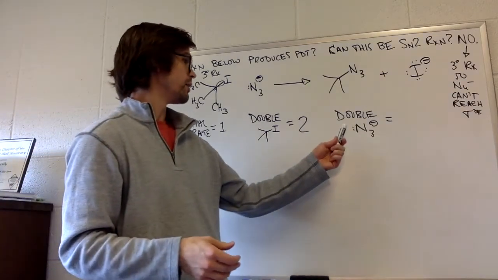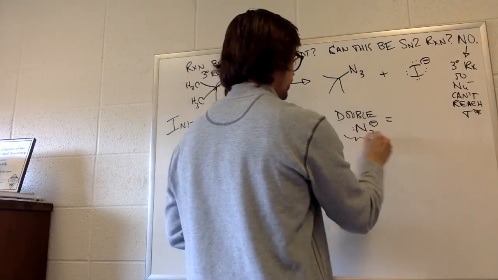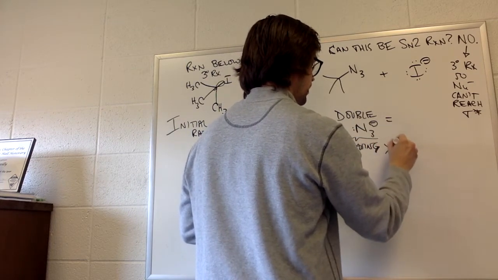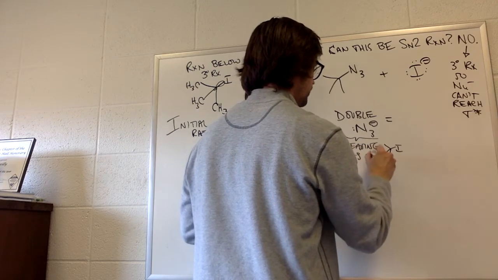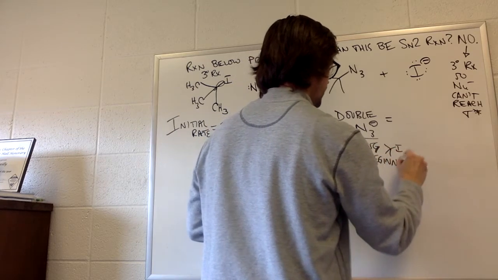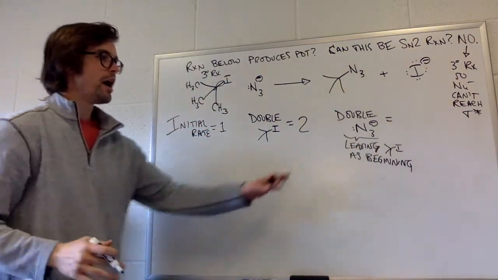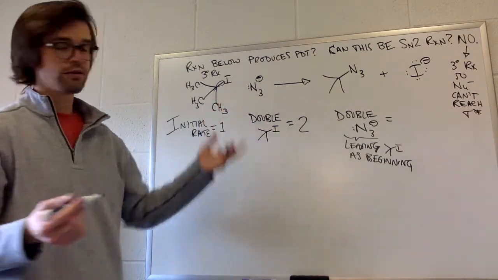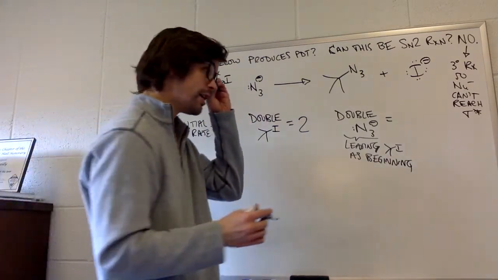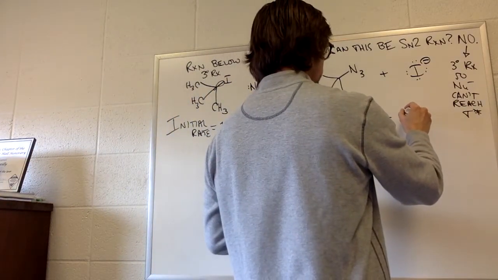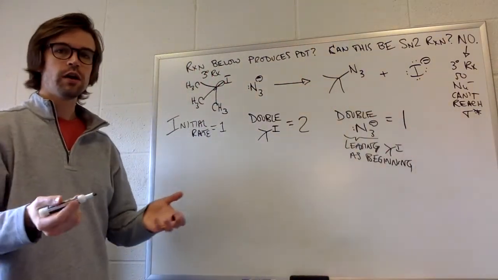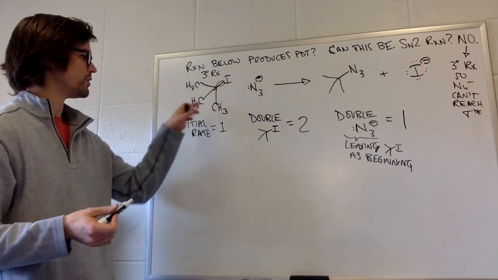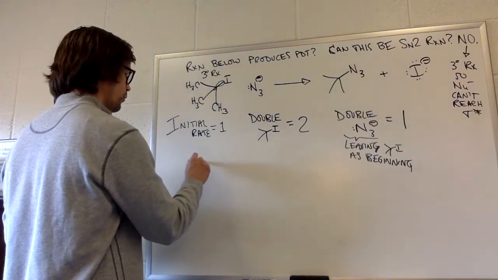Well, what happens if we're doubling that? We're leaving that as beginning concentration. So it's the same concentration that we had here, and it turns out that when we double the concentration of this azide, or of this N3 molecule, it's called an azide, we actually get no impact on the rate. So somehow this reaction mechanism has changed based on this tertiary alkyl halide,